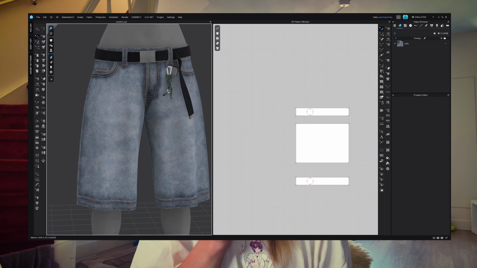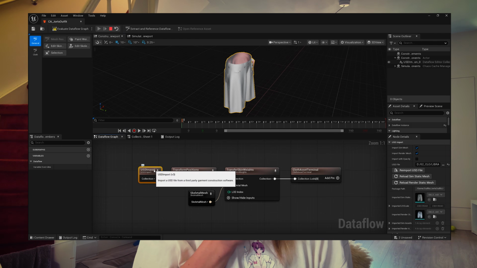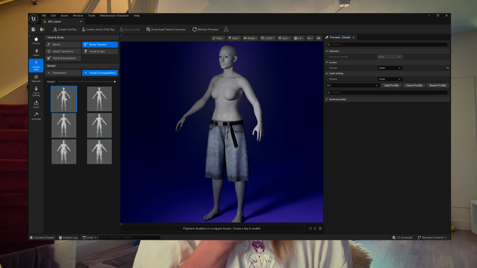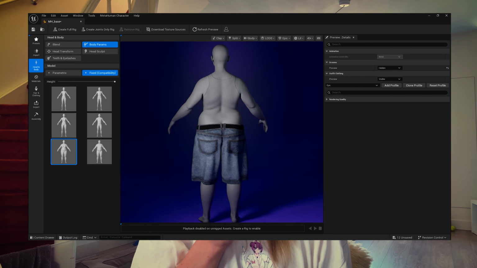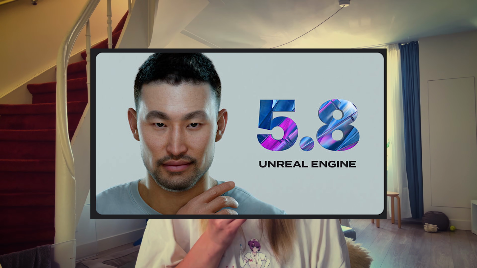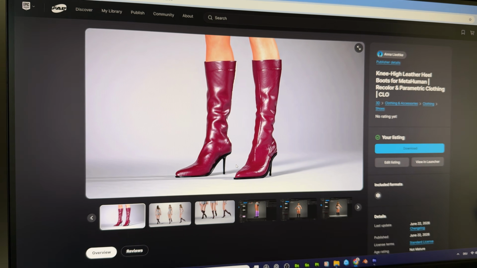Here's a garment I created in CLO3D using the parametric system from Unreal Engine for MetaHuman, which allows to resize a garment automatically to different body shapes. And in this tutorial, I want to show you my complete CLO/Marvelous Designer workflow to Unreal Engine and the latest updates in Unreal Engine 5.8, and even how you can make your assets ready to export them for Fab, the